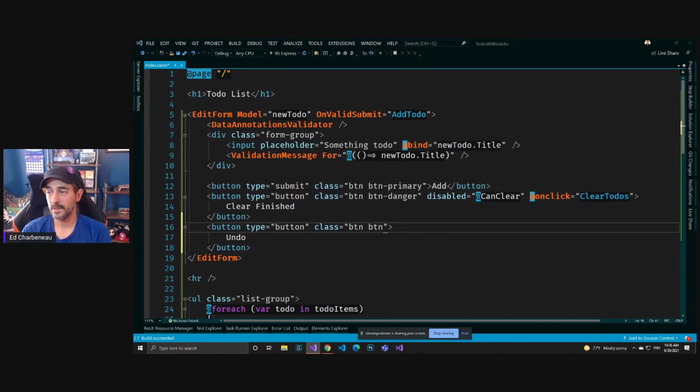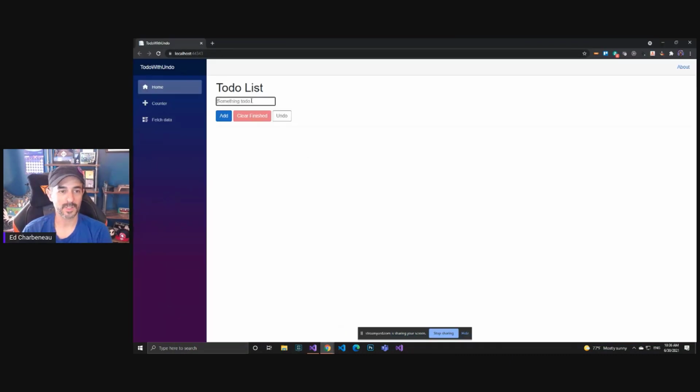We don't want to make it the most prominent thing on here. So let's do a button secondary, and we will make it outlined. Outline comes first, apparently. Outline, secondary. That will give it a little less prominence. And then, since the text is undo, Blazor's so smart, it'll know what to do with it,